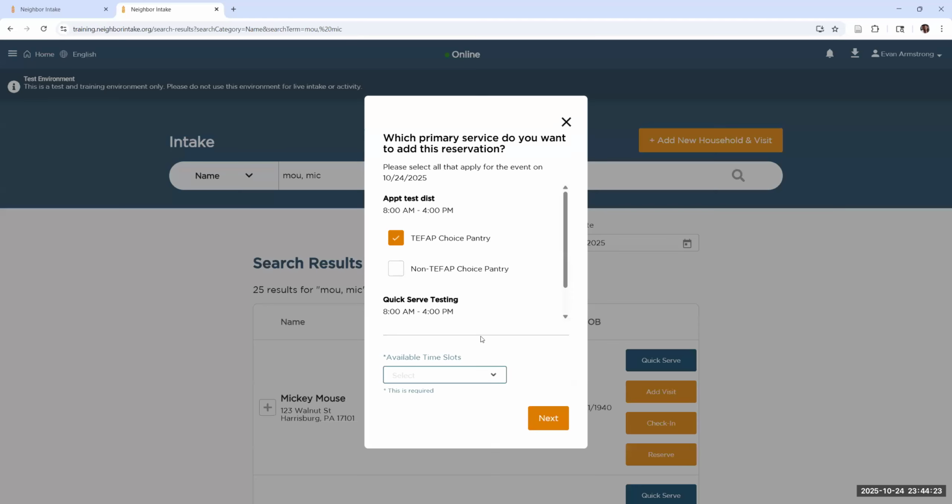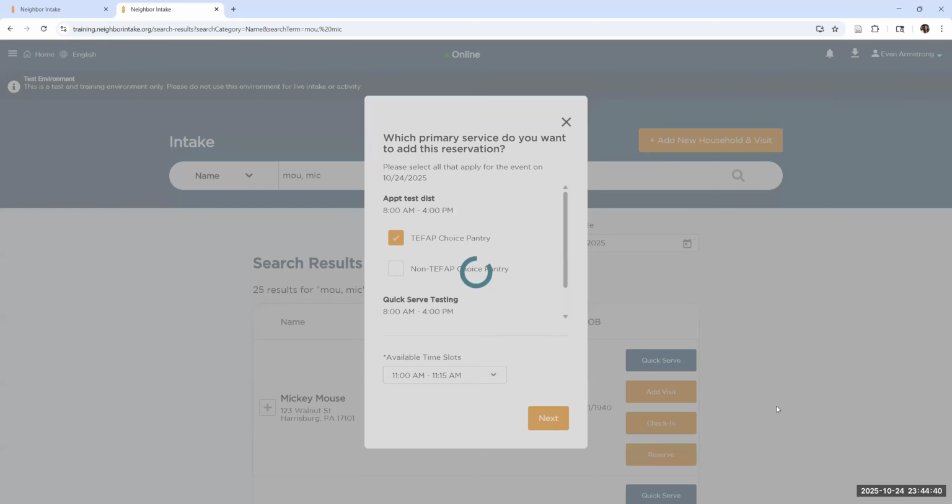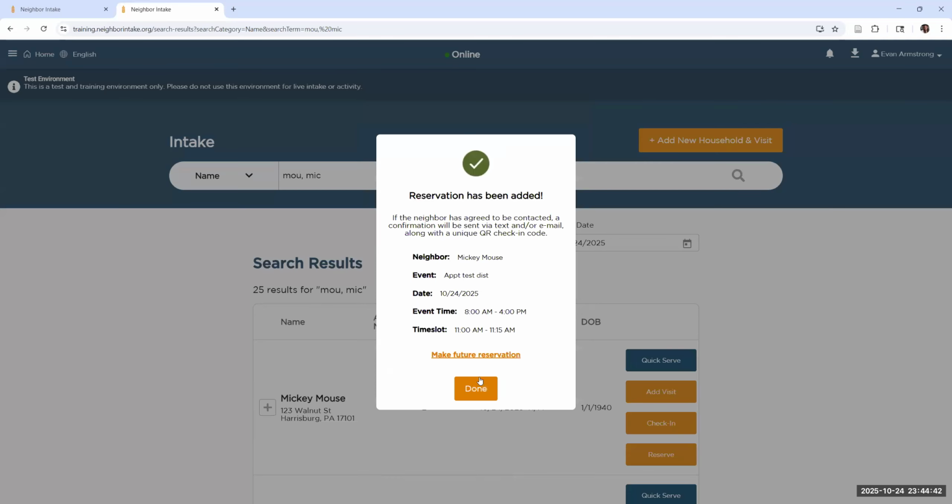We again always choose the TFAP, and then you can choose whatever time slot he is going to be coming in for. So in this system, we have that set up for 15-minute intervals. We'll go ahead with that. And boom, he has a reservation in here. So we've already got him set. He will be contacted